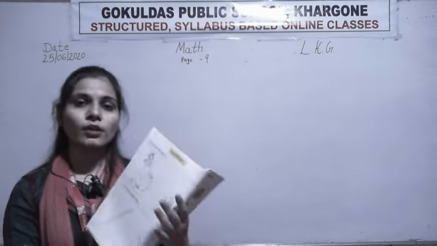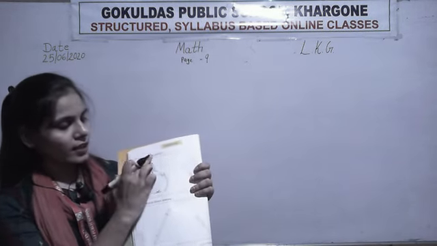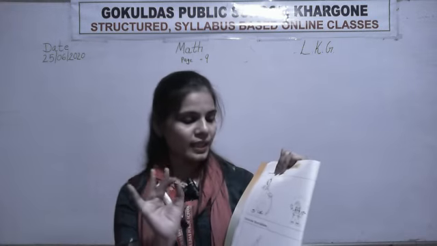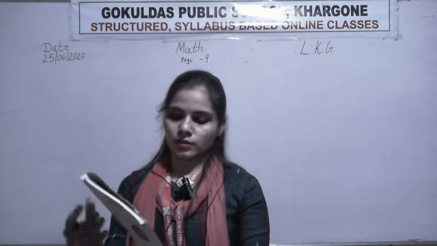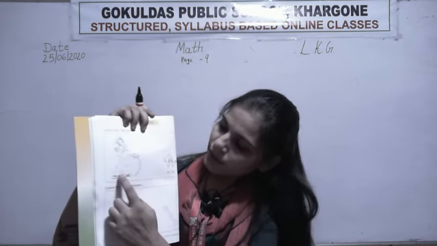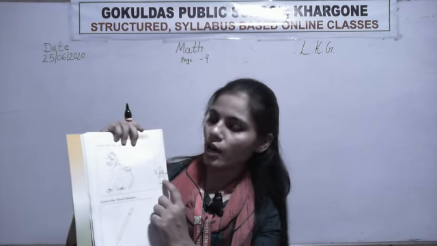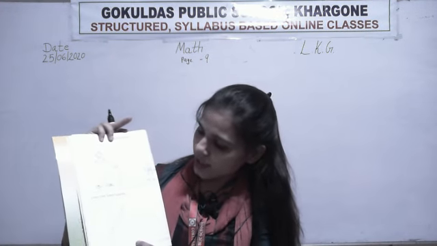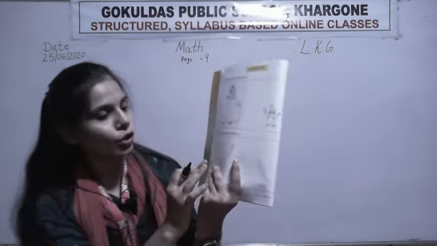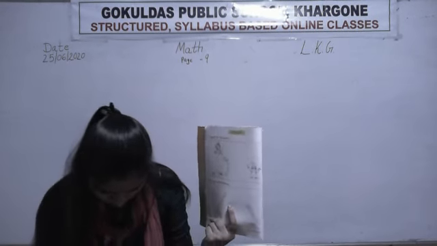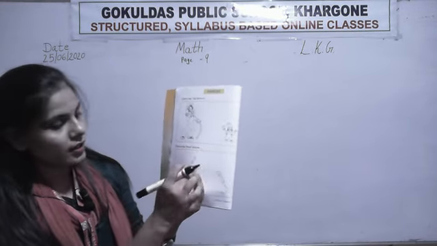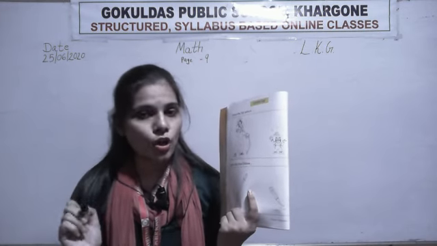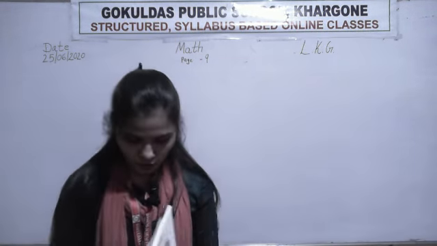This is also your homework page. The question is color the tall picture. You know which one is tall and which one is short. So use your crayon colors and color the tall picture. Two jokers are there. So which one is tall and which one is short, you find out and color the tall picture. And the second question is color the short picture. So which one is the tall pencil and which one is short? So you color the short pencil. Here we color the short pencil and here we color the tall joker.